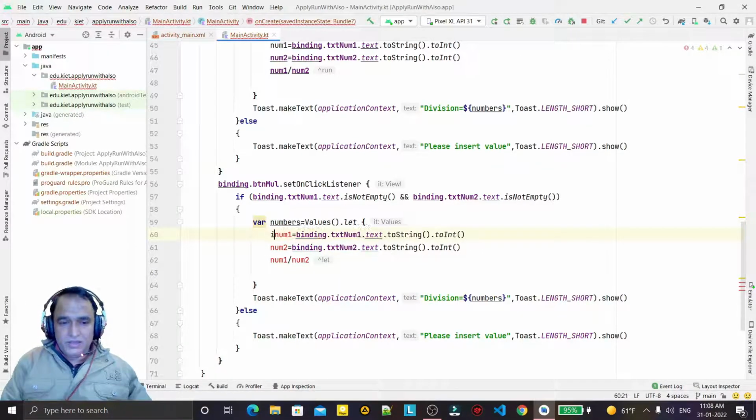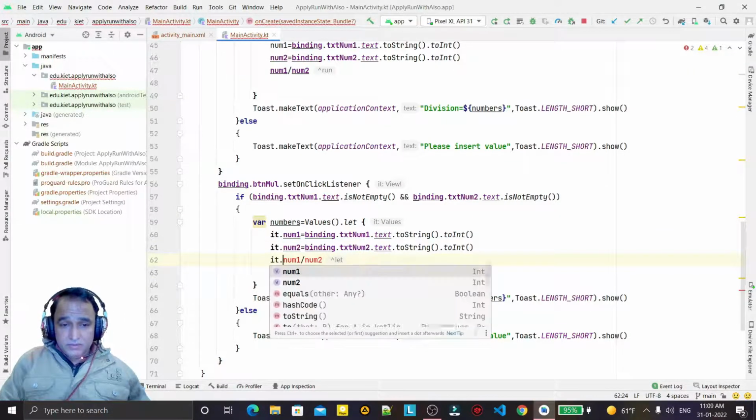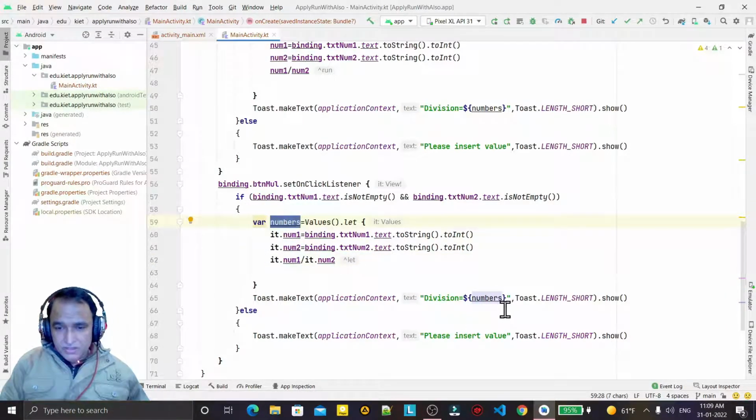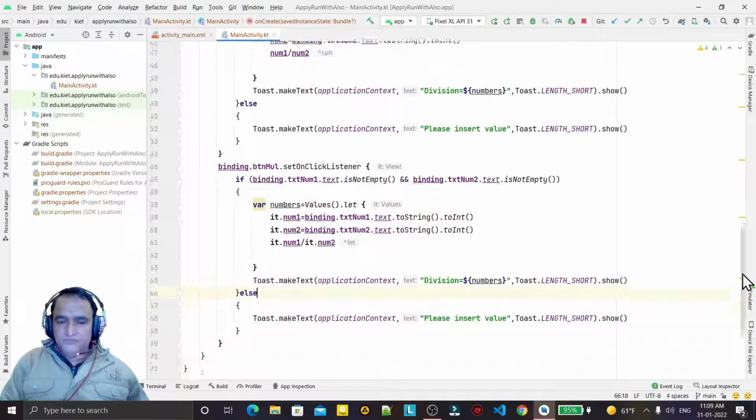So here I can write it, and here I write the it, and remember that also like this. So it is also returning a let, means the result is coming here and we can display the result. So let is working and behaving like a run.